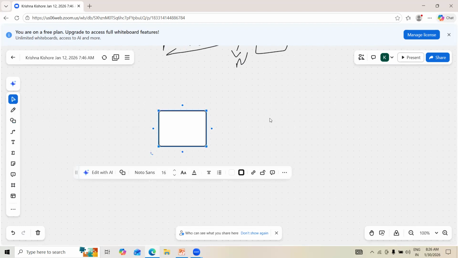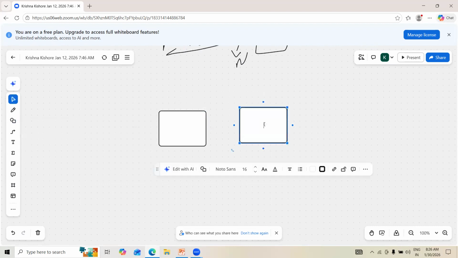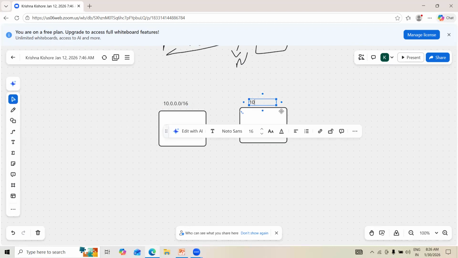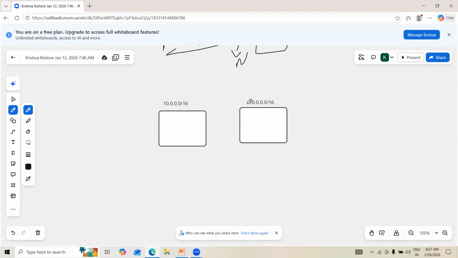Both networks need different IP ranges. They cannot have the same IP range. That is the default we need to remember. For example, if this particular IP range is 10.0.0.0/16, and this also has the same IP range, 10.0.0.0/16, you cannot establish peering. It is not possible to establish a peering. We cannot do that